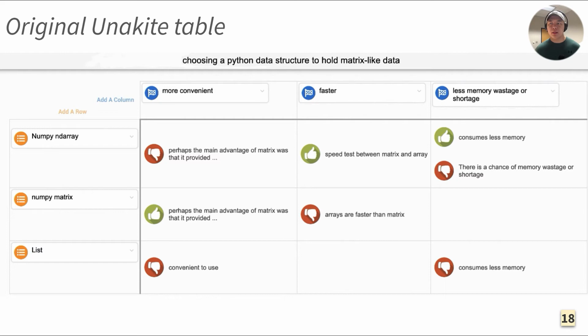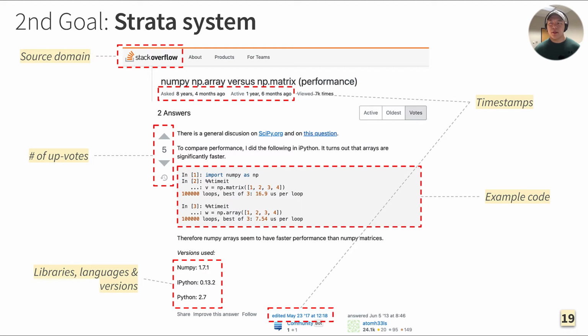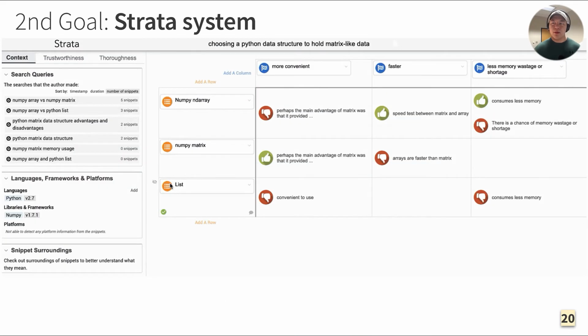In addition, usable artifacts like example code that the author ended up using are also valuable information. Notice that the previous information needs cannot be easily fulfilled by just looking at the final decision results or the design rationale captured by Unikite comparison tables. Therefore, we built a prototype system called Strata on top of Unikite, which does two jobs: to extract signals and properties that would address consumers' information needs in the framework as the author was creating the comparison tables, and to present them in a sidebar that would help consumers interpret the context, trustworthiness, and thoroughness of the tables.